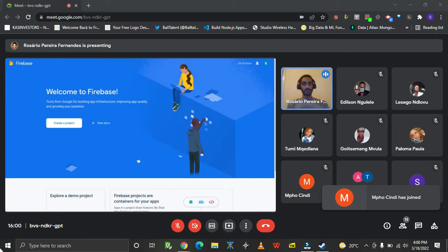So first things first, let me introduce you to Firebase. If you want to get started with it, you can head over to this site, which I'm going to leave in the chat: console.firebase.google.com. Once you're there, you should see a screen like this, which just welcomes you to Firebase, and from there you can start creating projects and things like that.